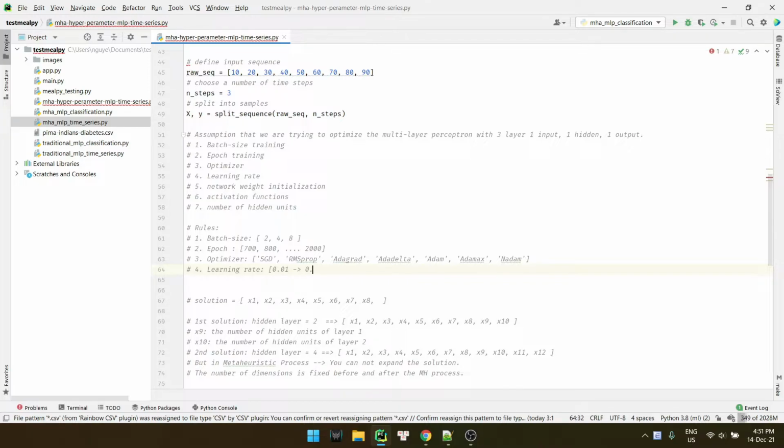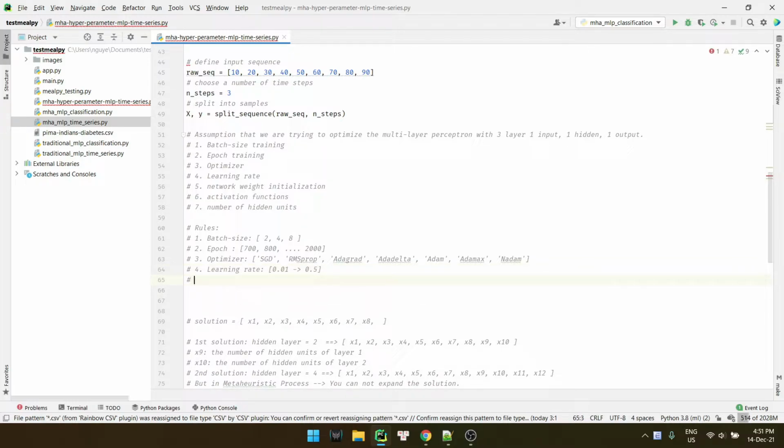Or 0.5. I think let's make it a real number. This should be a real number. Just real number.